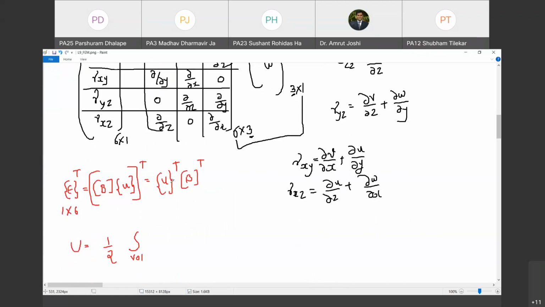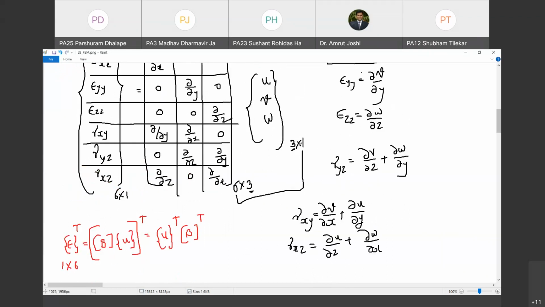So what are the dimensions of U? U के dimensions है 3 cross 1. So इसके transpose के dimensions होने वाले हैं 1 cross 3. And what is the dimension of B matrix? 6 cross 3. तो उसके transpose के dimension होने वाले 3 cross 6. So these two are same, so multiplication is possible. And what is the size of multiplication? 1 cross 6. So everything is consistent. Are you with me? Please type your response in chat box.